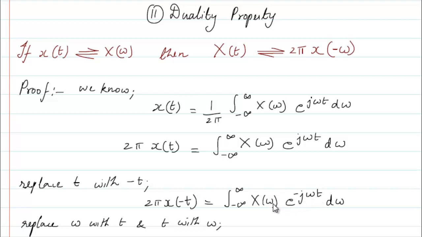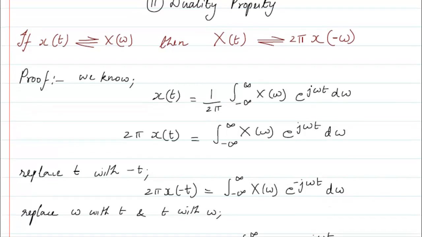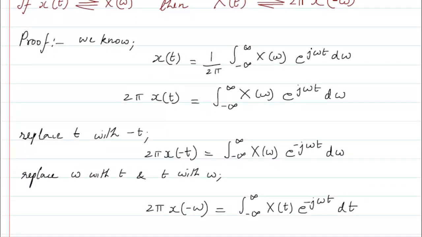Now if I replace omega with t, this omega also becomes t, this omega also becomes t, and also t with omega. So here I have x of t e raised to power j, omega is already t. Now this t I am going to make into omega. So what will happen? Nothing. This omega t will remain omega t itself, because you are replacing omega with t and t with omega. So omega t remains omega t itself, whereas this omega turns into t, this omega turns into t. So the equation now becomes this.